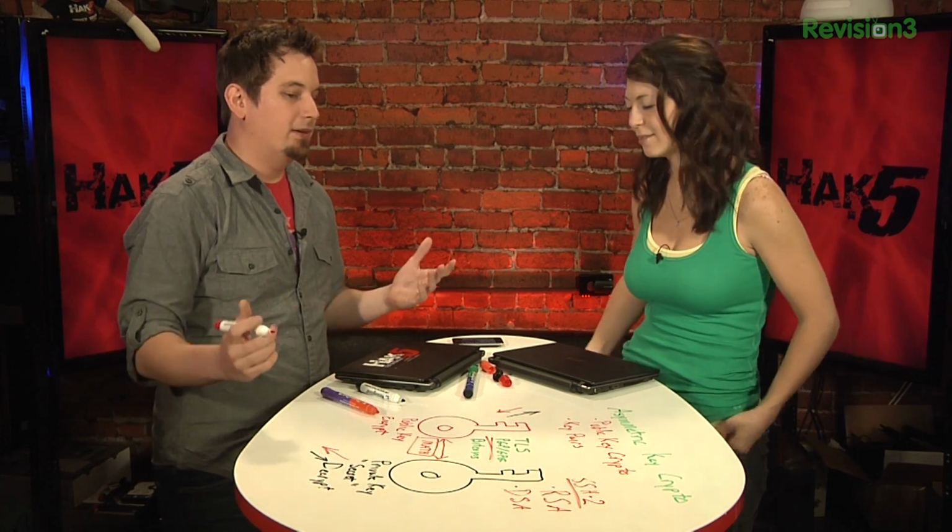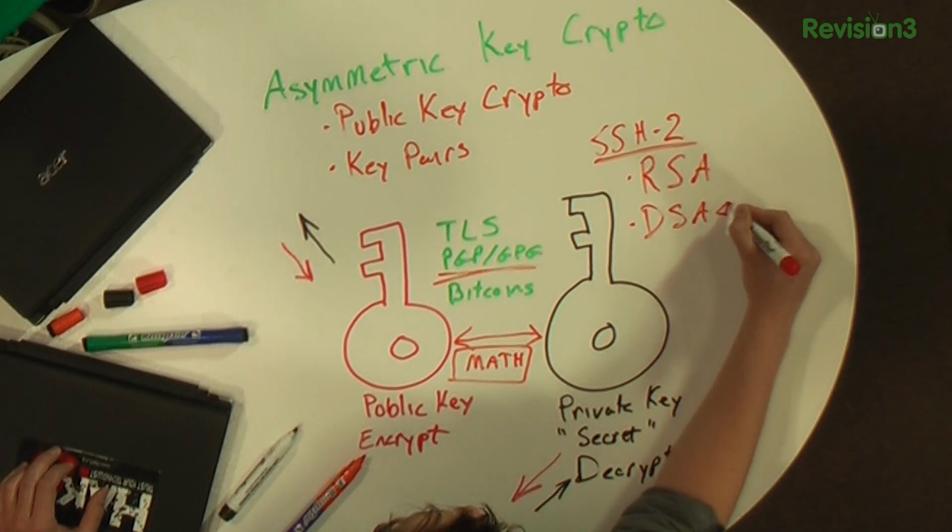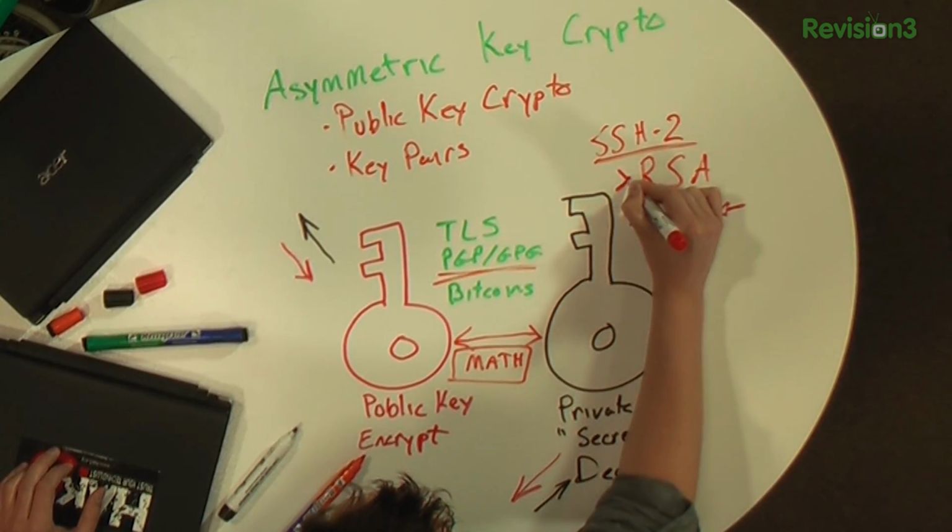Well, DSA is another algorithm to come up with these key pairs, and it's called Digital Signature Algorithm, and it's actually a FIPS standard. It stands for Federal Information Processing Standard. Okay. And so this is a standard that the government uses, like the NSA and the FBI and everybody else. Oh, okay. So it's a good standard. Yes, it is. No, I'm being serious. Both of these are great standards, and some people would argue, of course, just like anything else, there's going to be a flame war, and some people say that DSA is the best, and other people say, dude, what are you smoking? It's all about RSA. But whichever way you want to go.